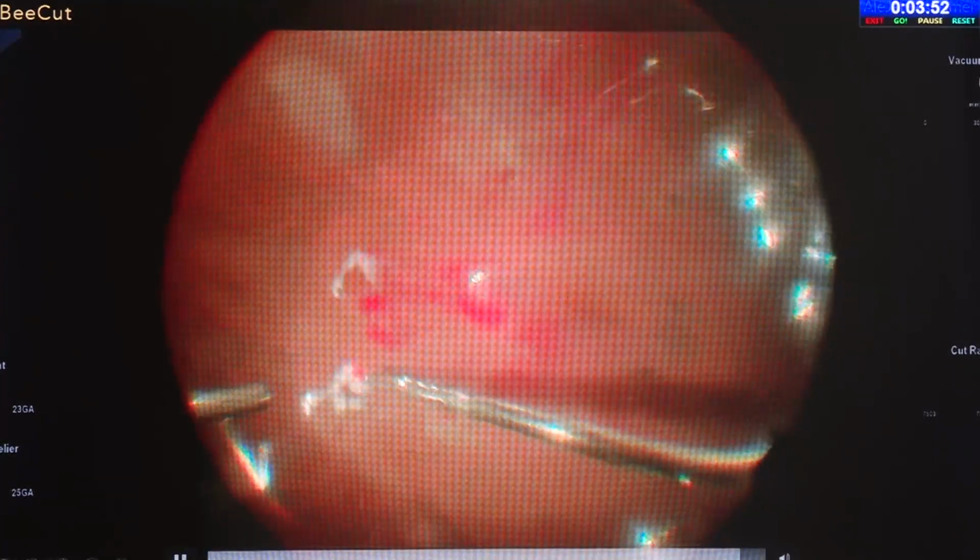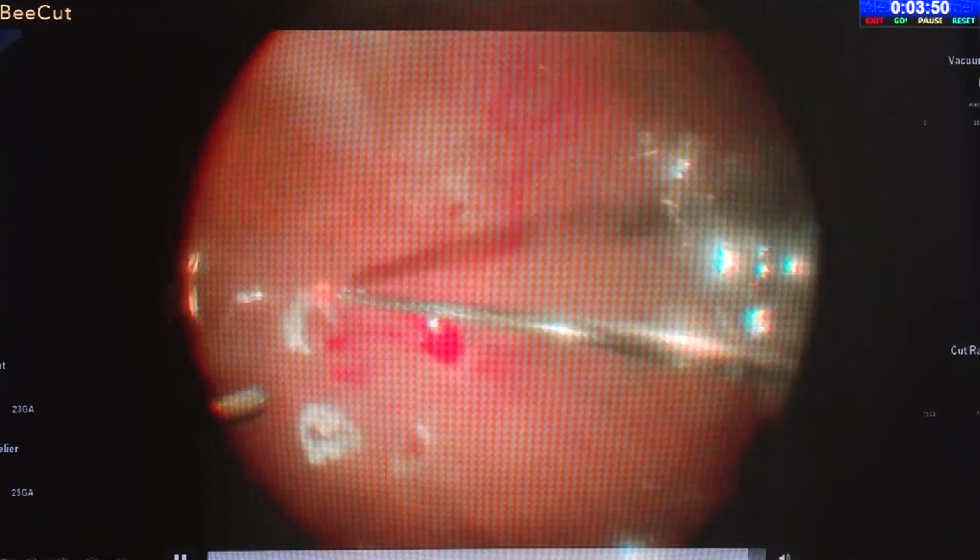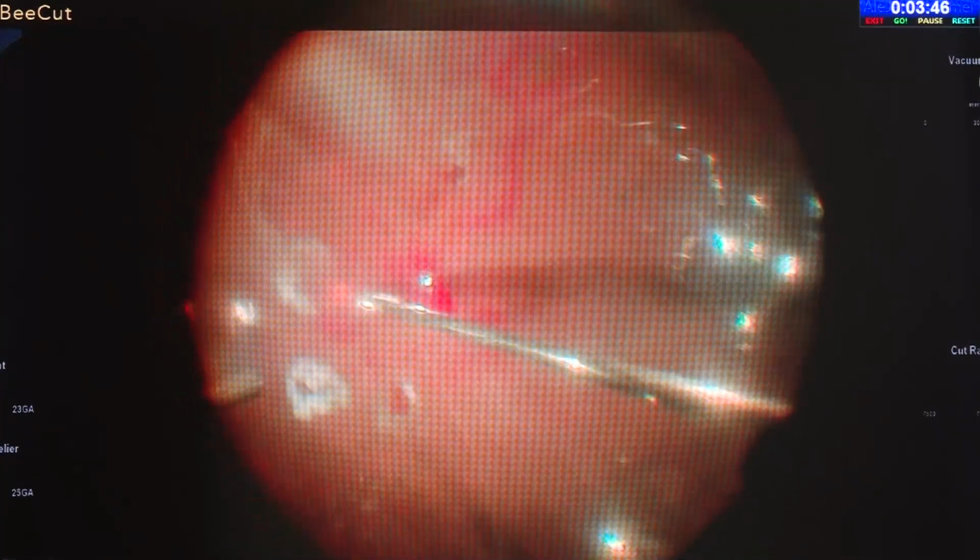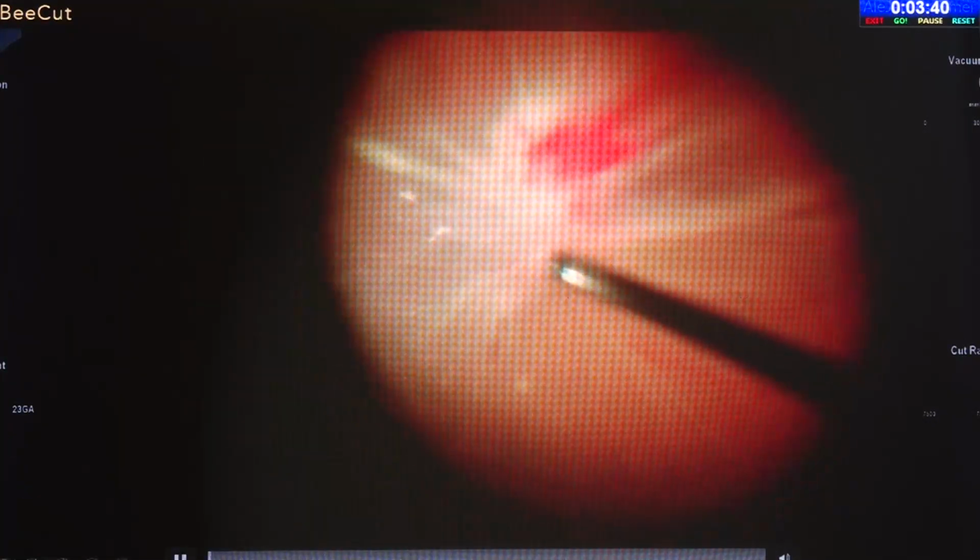So this is the end of this case, and in this retina you can either put gas or oil, but more often than not we are putting oil because of the multiple breaks and large amount of TRD or CRD which is there. So this is another situation where there is a membrane and the hyaloid face which is plastered